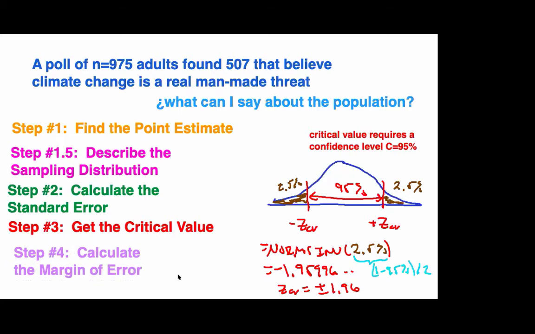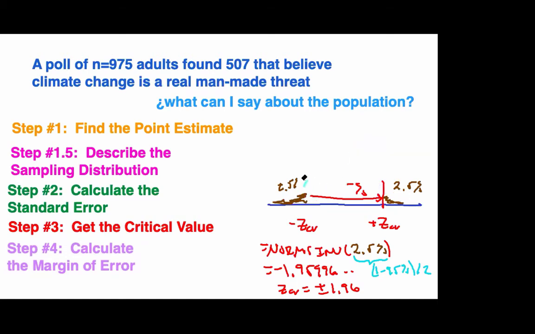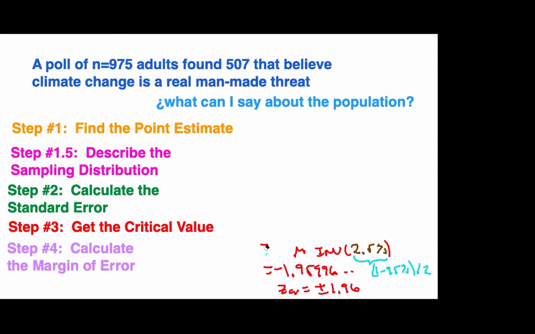So step 4 is to calculate the margin of error. What we're going to do is take the interval that we have and use this critical value to help us calculate that error term. All right, let me go ahead and erase this part. So using that critical value, the margin of error is